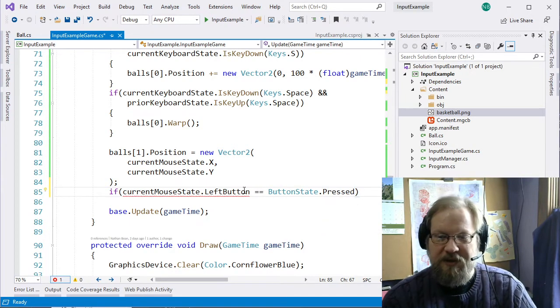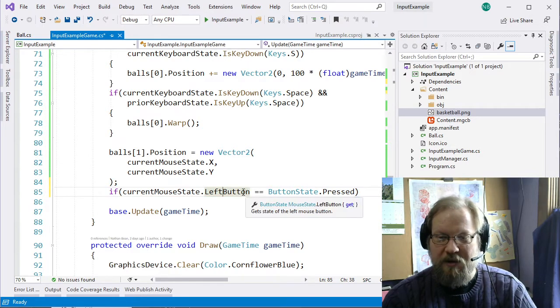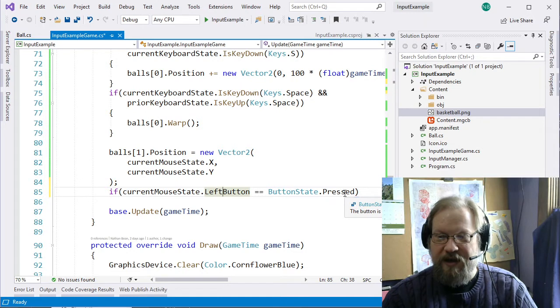and we have to compare it to a button state pressed, because this is actually being stored as a bit instead of as a Boolean. This button state is an enumeration of those possible bits, so pressed is 1 and not pressed is 0. So we're just going to do that check,